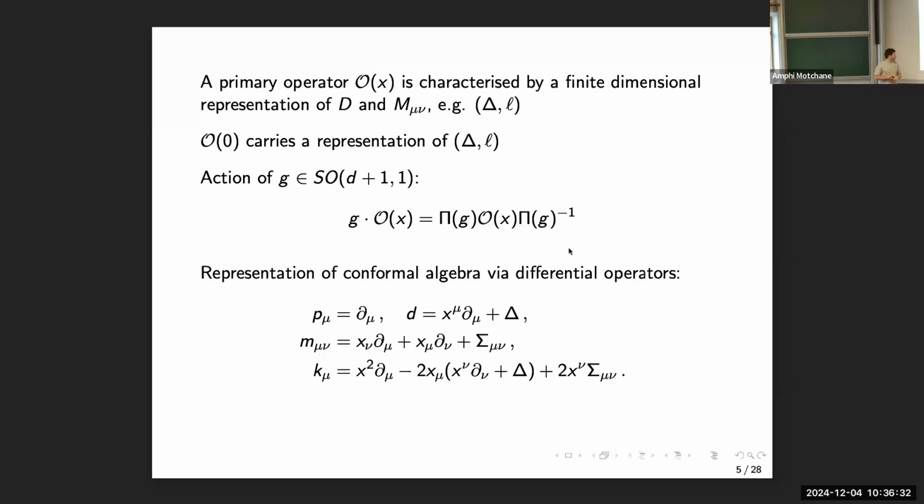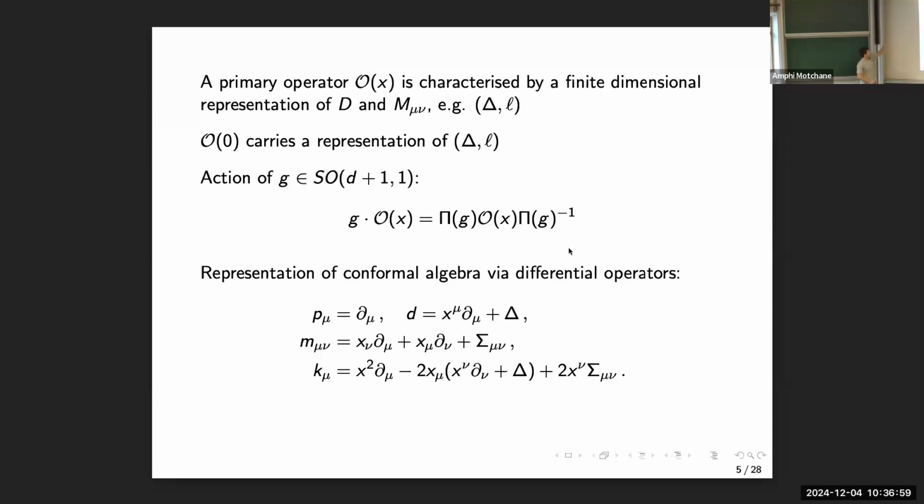And then from doing just some commutation relations, you can get a representation of the conformal algebra, the differential operators, which is the following. If somebody is familiar with QFT, P_mu and M_mu nu, you may be familiar with both of them. So this is P, just translation, this is the usual derivative. Also M_mu nu is the usual operator, but then you also have the dilatation and the special conformal transformation which take this form. Okay, so from these two slides, I would say that the most important thing to know is that